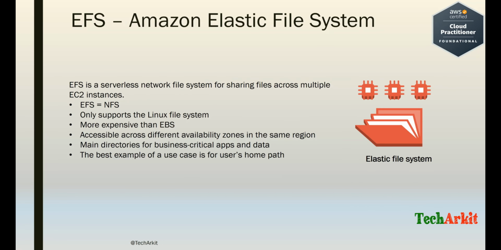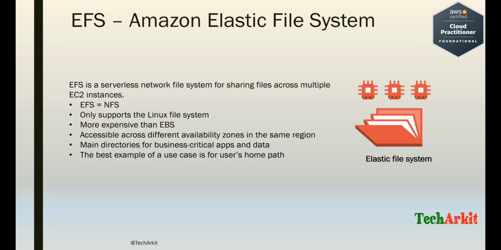You can see EFS, which is the NFS, Elastic File System. Elastic File System is a serverless network file system for sharing files across multiple EC2 instances, just like NFS volumes, which is serverless. You don't need to think about what the infrastructure behind it is. That would be maintained by the cloud provider. You just need to create the volumes and export them, and you can mount them to multiple EC2